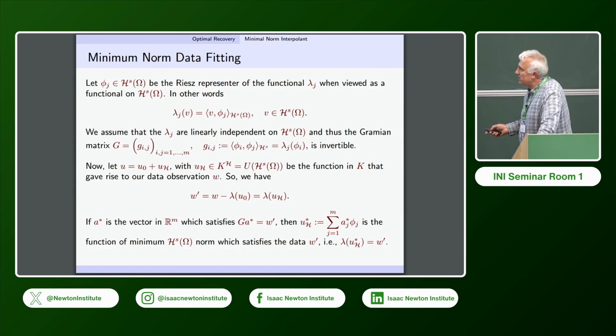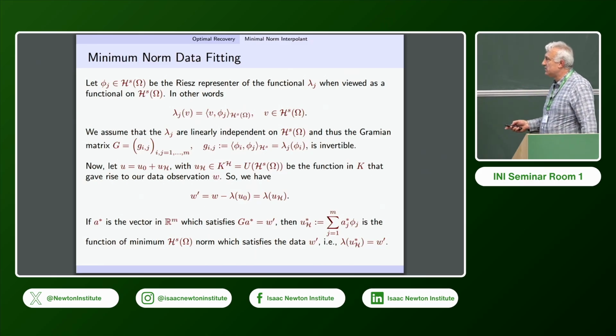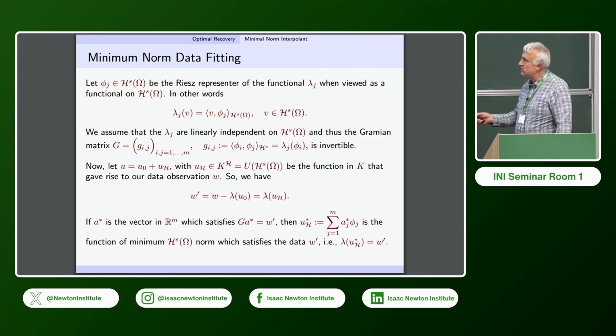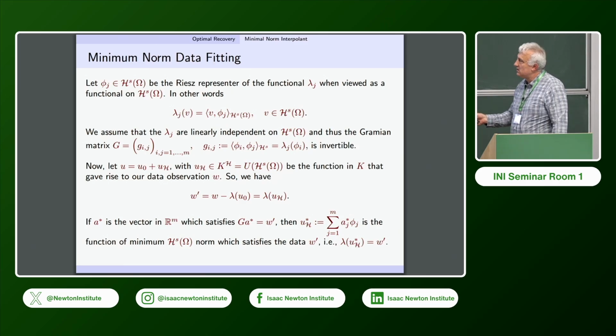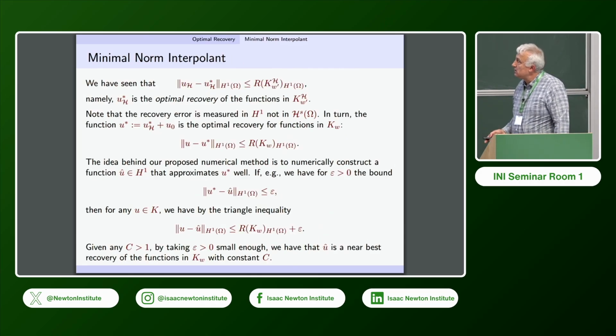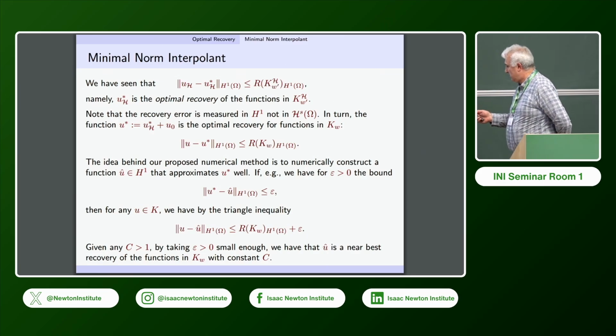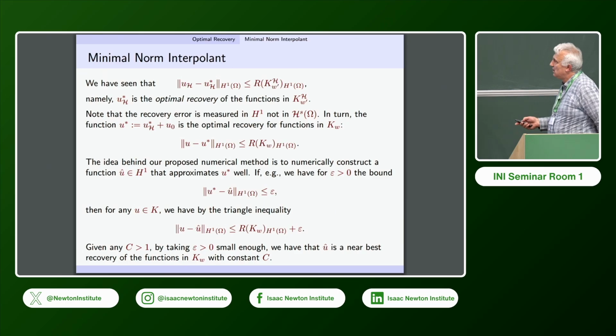So now the problem becomes how we can calculate this A star and what would be the algorithm to find this solution. Of course, we first have to find these Ritz representers and then solve the system. So we have first of all that